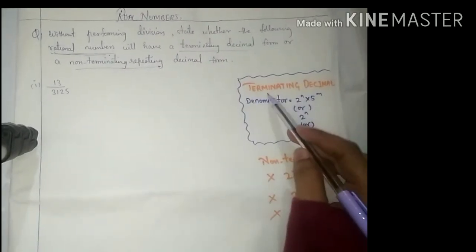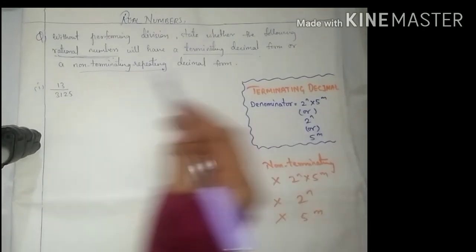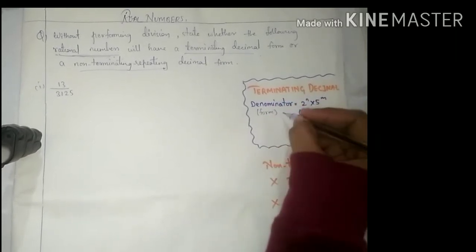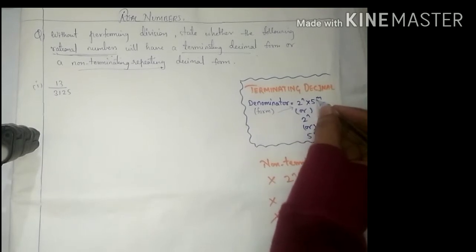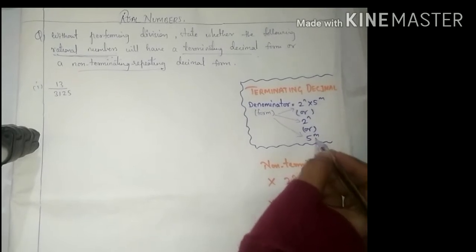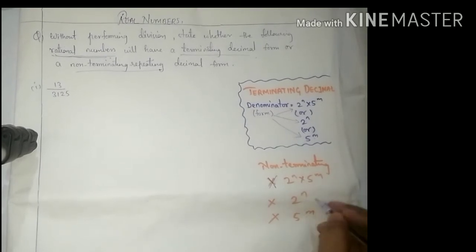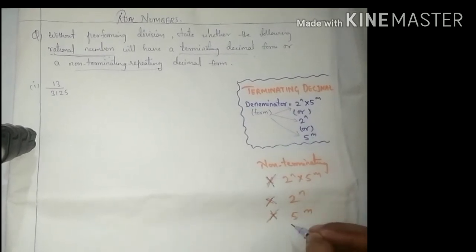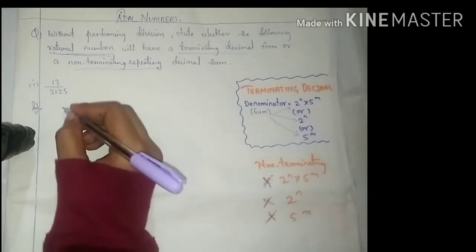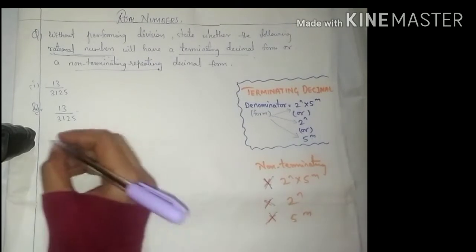So terminating decimal means what? With the help of the theorem we can check the denominator by taking its factors. If the factors we are getting are in the form of 2 power n into 5 power m, or you can also get only 2 as a factor or only 5 as a factor in the denominator, then it is terminating. How can we find non-terminating repeating decimal? If they are not in the form of 2 power n into 5 power m, if in the denominator we are not getting only 5 and 2 as factors, then we can say non-terminating decimal. So here we will find the factors of the denominator, that is 3125.